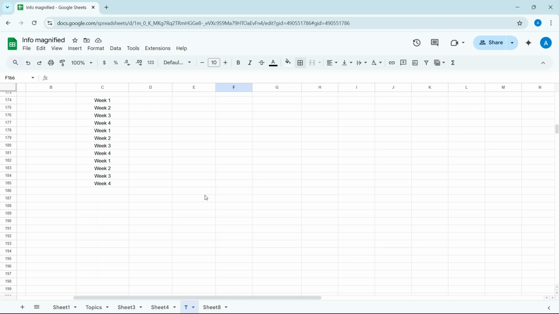Hi guys, in this video I'm going to show you how to merge your rows so that you can have a better view. So I have a sample dump with me in column C, week 1 to week 4, again week 1 to week 4. So basically it is about 3 months data, but I'm not able to figure out which month which week is